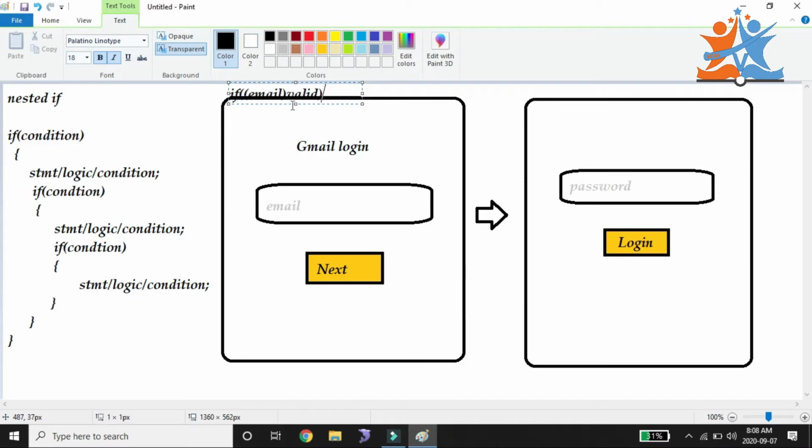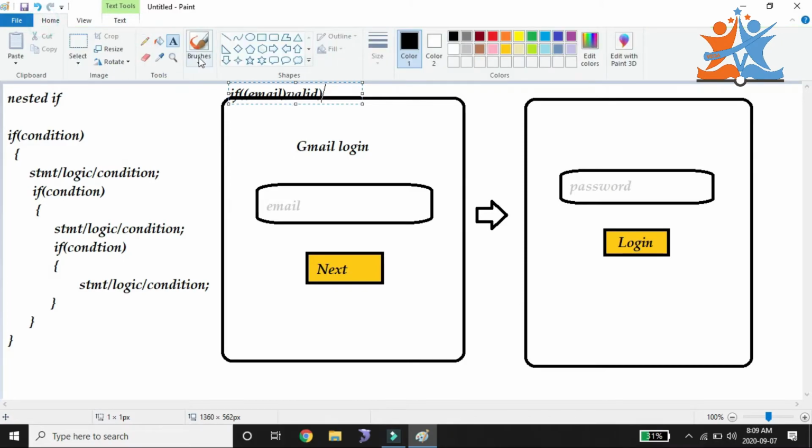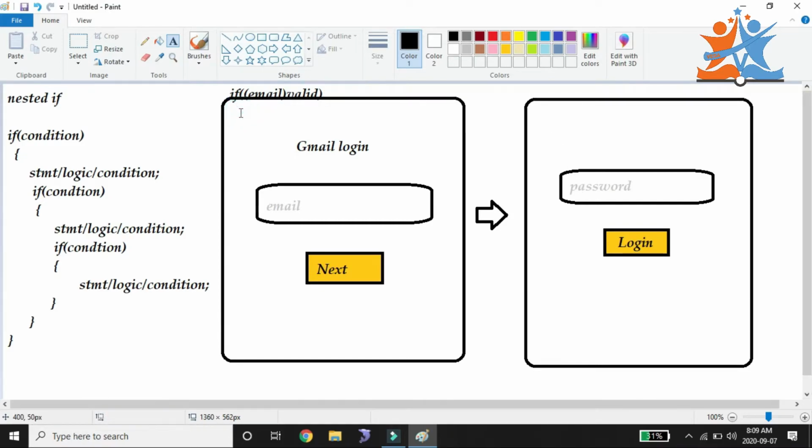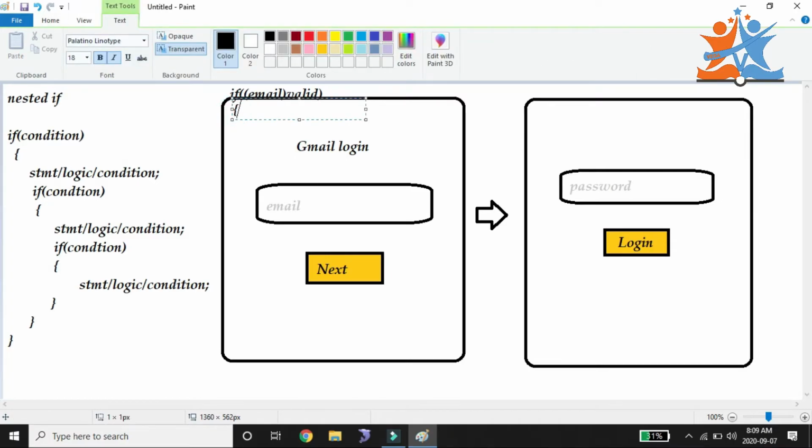If the condition succeeds, then it will redirect to the authentication page. Here we have a condition body.